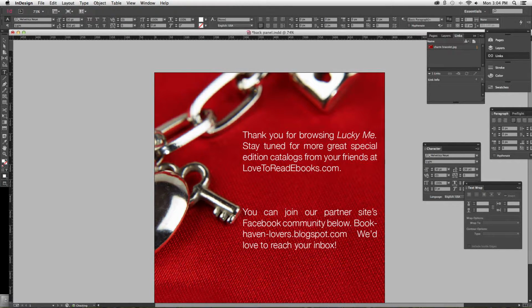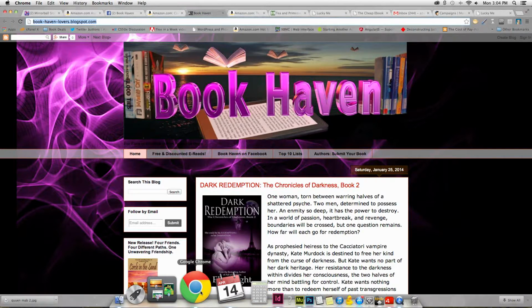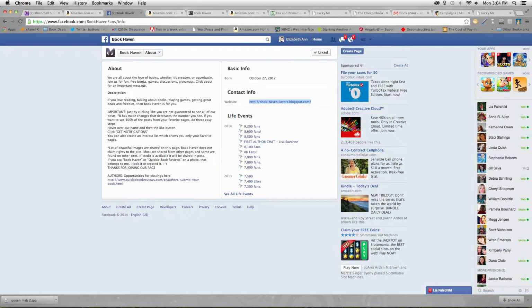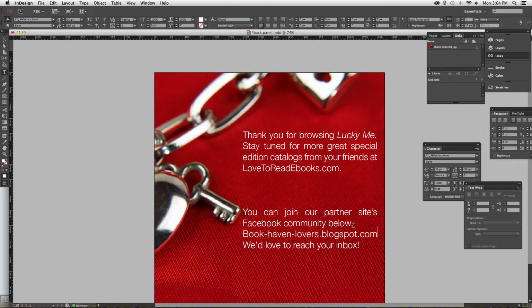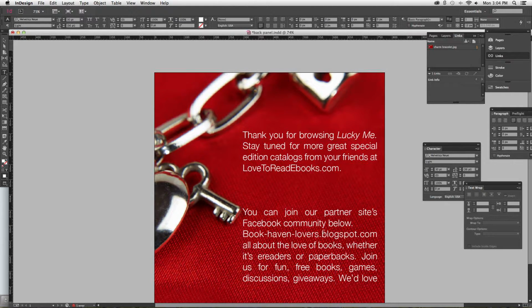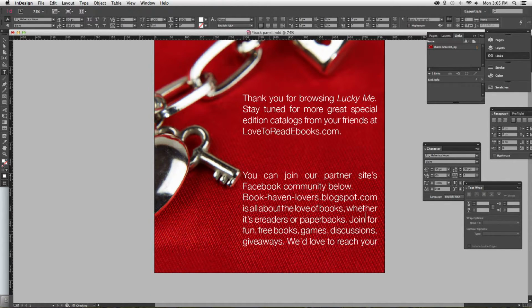Bookhaven lovers at blogspot.com. I'll look for her little thing. It's all about the love of books, whether it's e-readers or paperbacks. Join them for that. So I basically just take that same copy that she has, is all about the love of books, whether it's e-readers or paperbacks. Join them